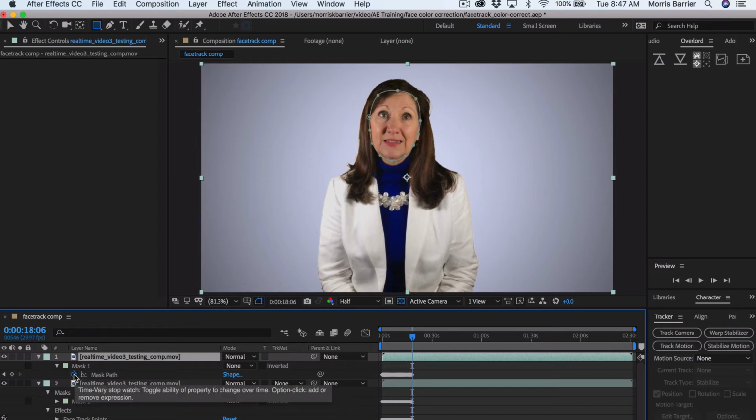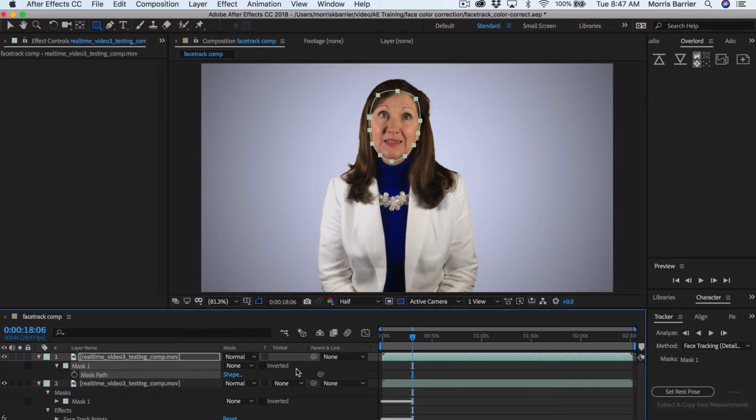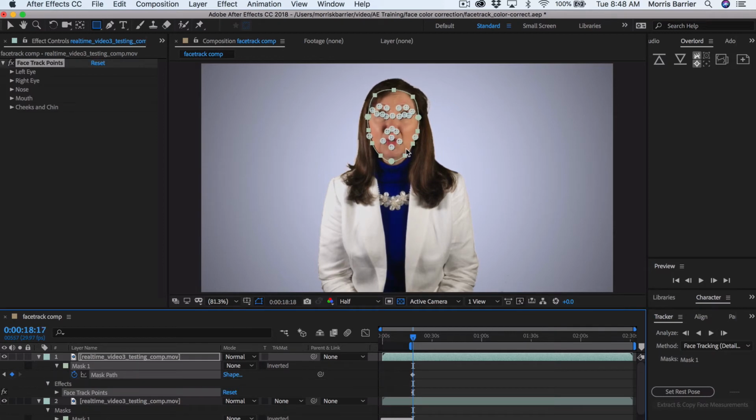But don't delete the mask, just hit the stopwatch to delete all the keyframes in that mask. Hit the letter B to bring the endpoint right where the playhead is. And you go ahead and you start again, and basically you have a blank canvas to start off, and you'll notice that it begins going very quickly again, and of course it's going to get progressively slower, and the idea